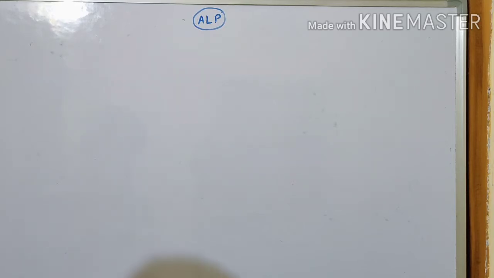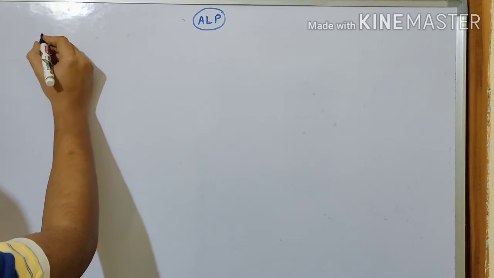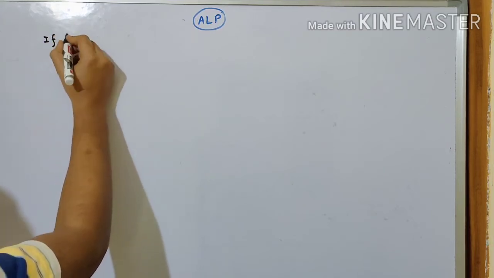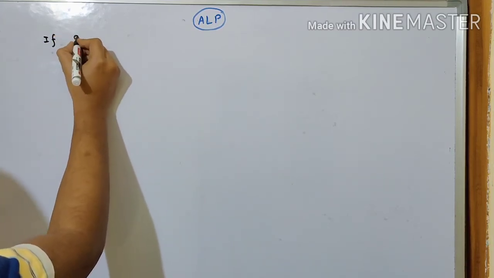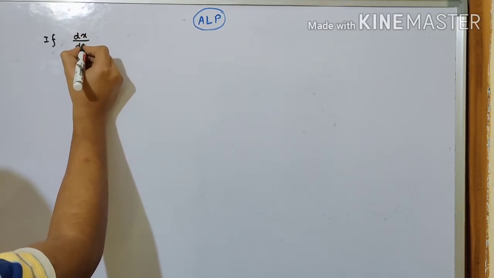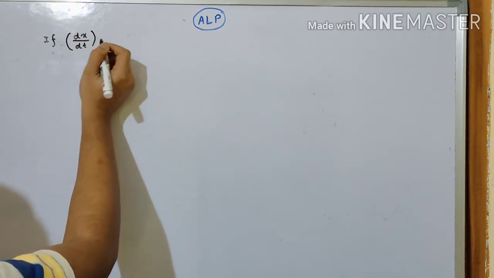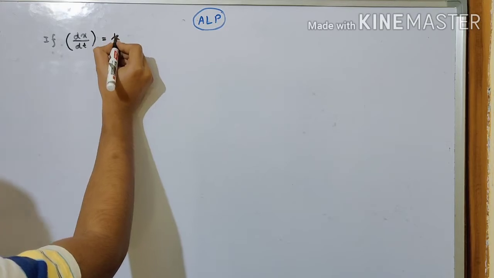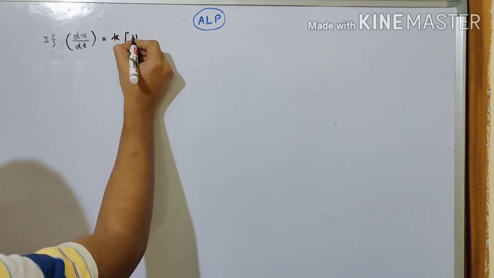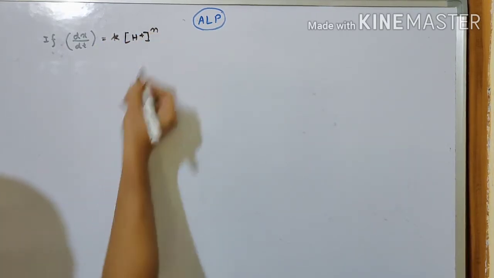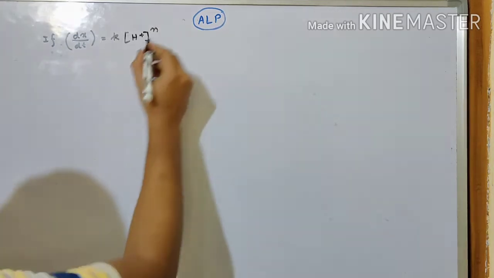Next question for today is related to pH. Let us see how interesting it can be. The question is, if dx by dt is equal to K into H plus to the power n,